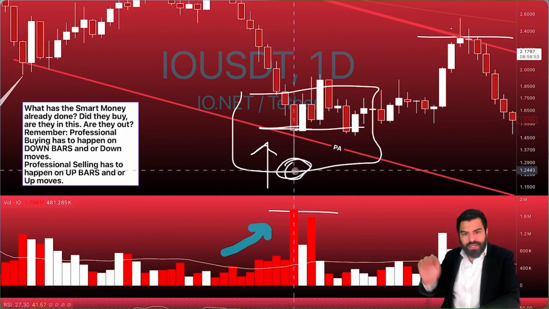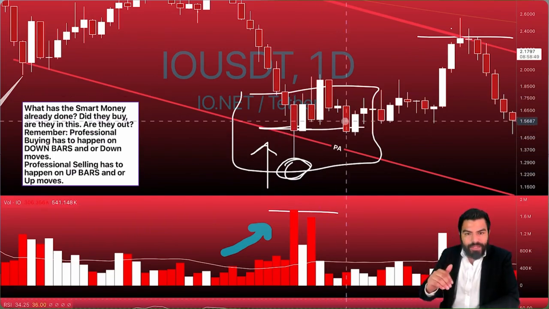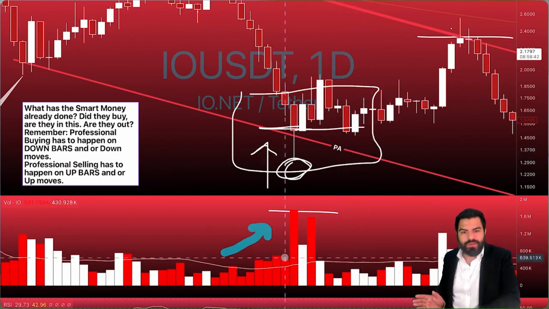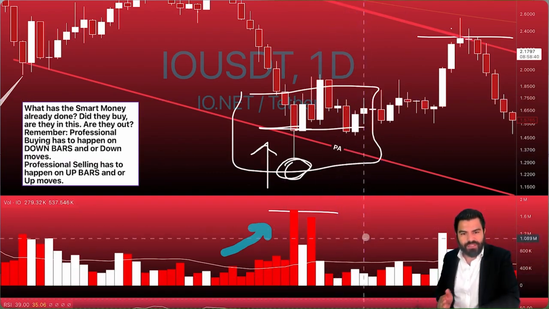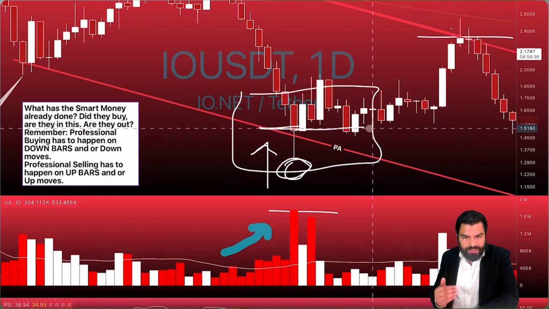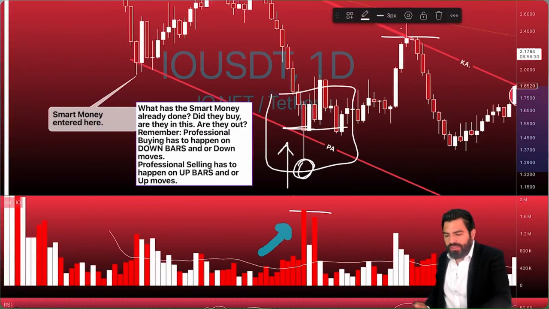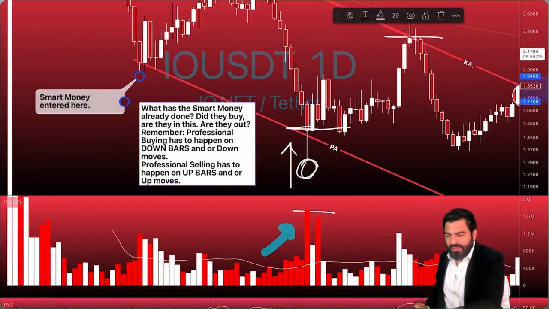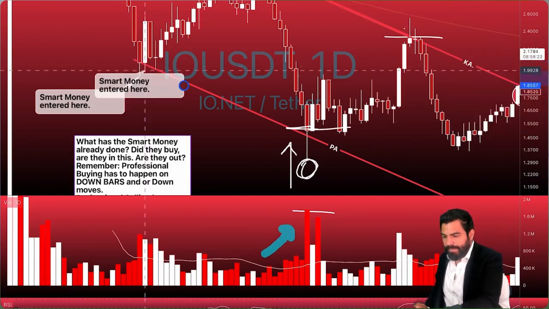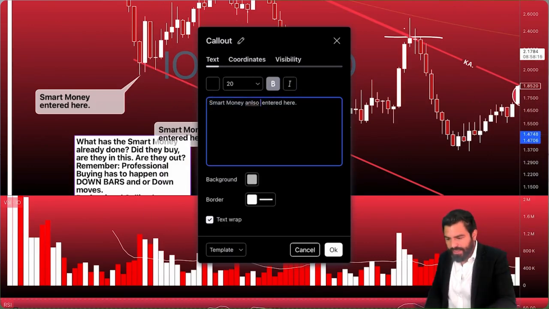We can notice it because we don't just get this rejection, but we get a slight up move. Then we come back down and another up move. But look at the volume here, no supply. So we have no demand, which is where they bought all the supply in this area. No one's willing to sell it at these prices. The markup is able to continue. So we can group this now into another chunk. This was buying. So smart money entered here,